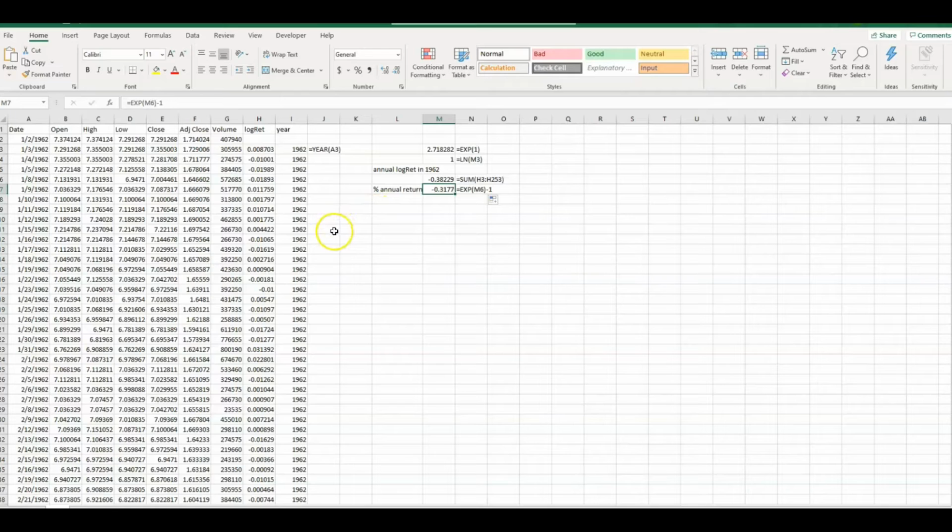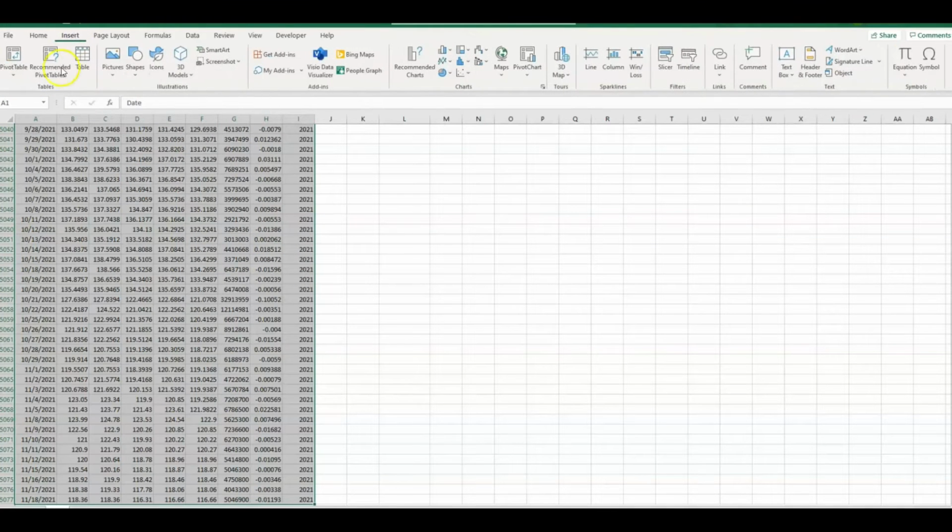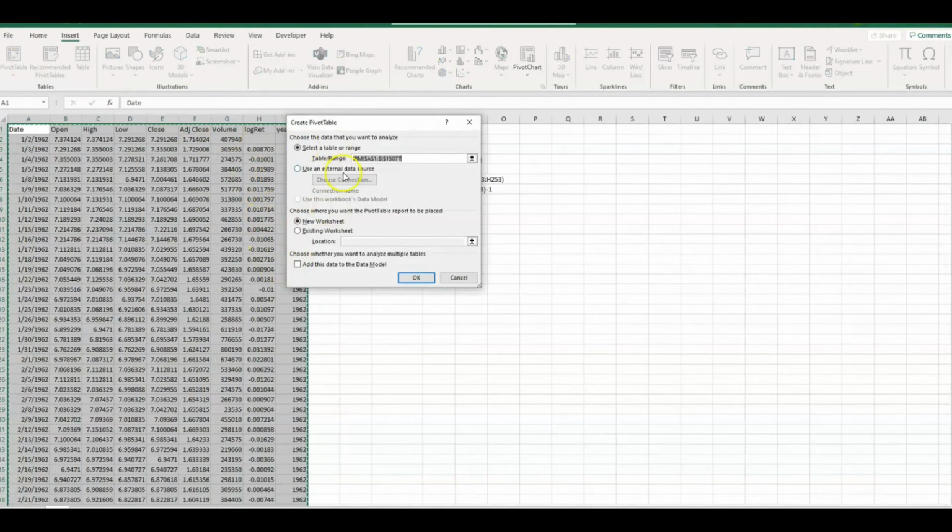Actually, I only need these two columns. I highlight all and press Control Shift down arrow to highlight the complete dataset. You can use insert, pivot table, and highlight. Usually I highlight my dataset first, then insert. On the top left, there's pivot table. I click pivot table, select the table range, and choose a new